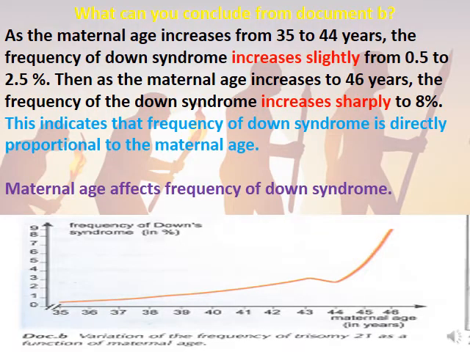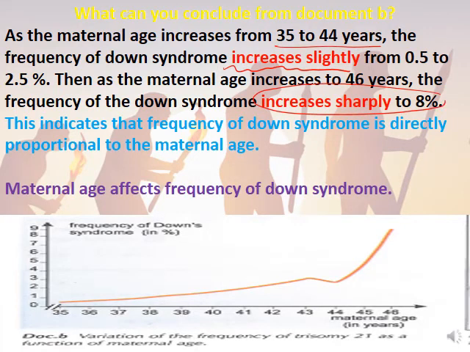What can you conclude from document B? Already we explained document B. As the maternal age increases from 35 to 44, the frequency of Down syndrome increases slightly, from 0.5 to approximately 2.5 to 3%. Then as the maternal age increases from 44 to 46, the frequency of Down syndrome increases sharply